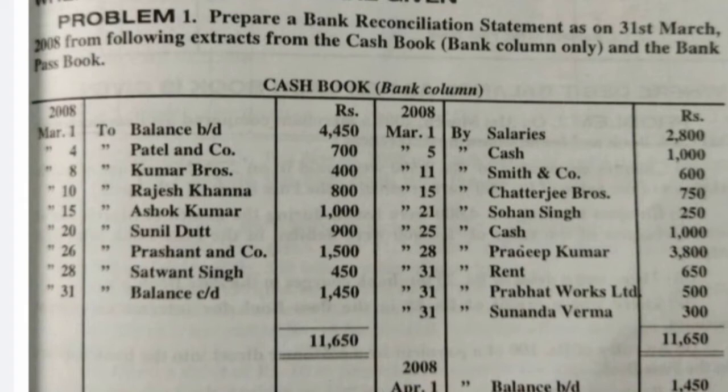So we are starting with the credit balance as per passbook, and we need to see what is happening in the cash book. Therefore, now the balance is 300 plus 900 plus 1500 plus 450 less 3800 less 500 less 300, and at last the overdraft balance as per cash book comes to 1450. The same balance will come which is given in the question. So you can do both the alternatives in your exam. No problem. Shall we continue? Is anyone having doubts?